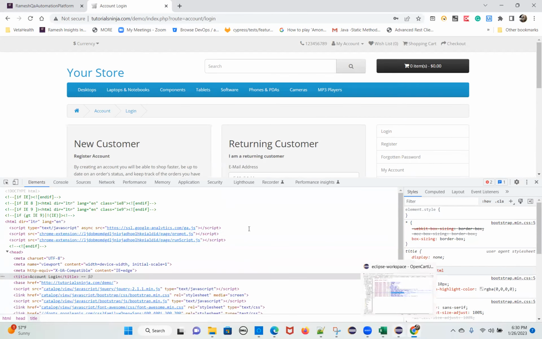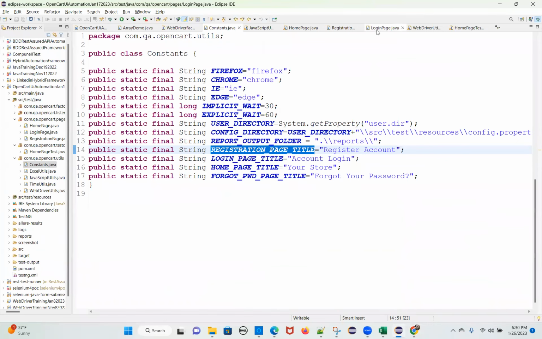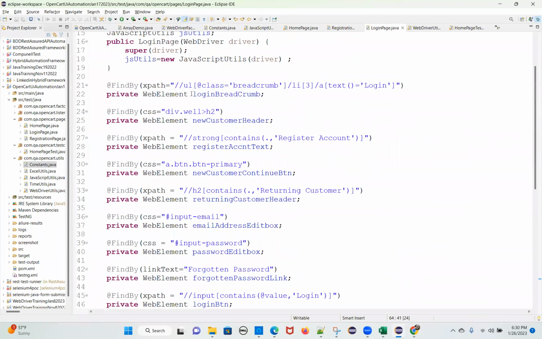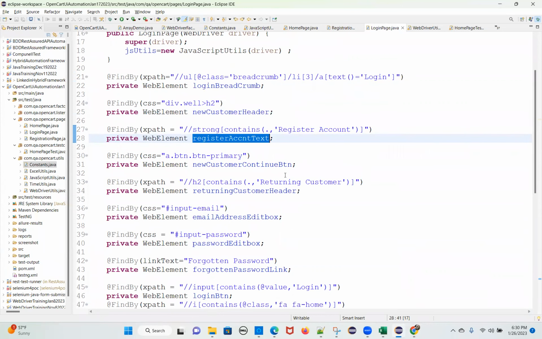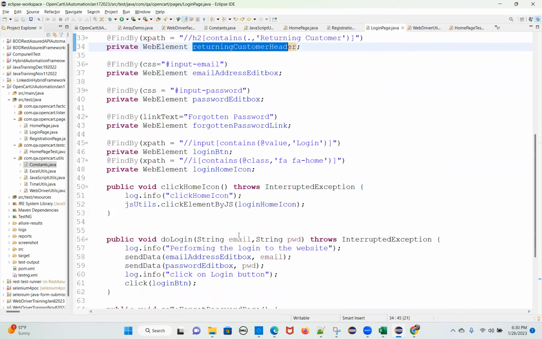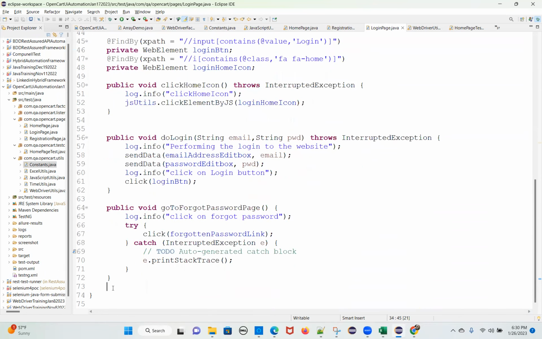For the login page, we can develop a few more methods. What are the methods? You have to validate, right? Whether this breadcrumb is there or not. This new customer header is there or not. Register account text is there or not. New customer continue button is there or not. You have to validate all this. So write methods. How can you write the methods? Simple Boolean methods you write. So public Boolean